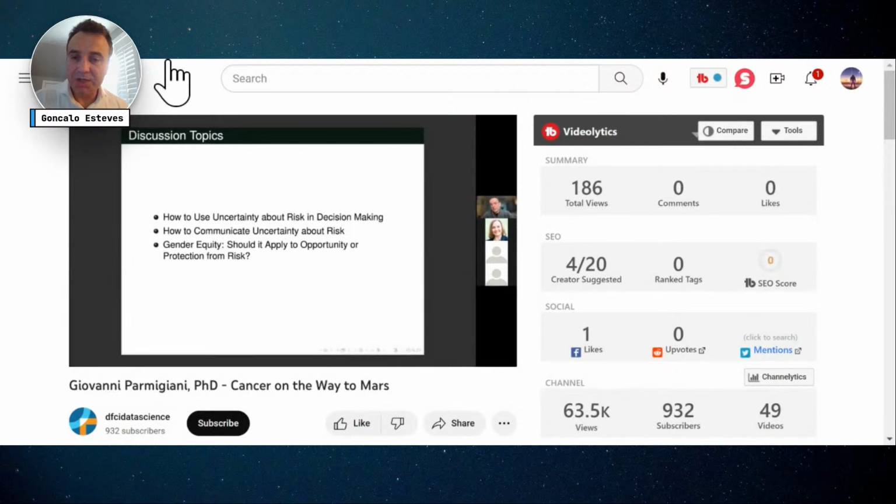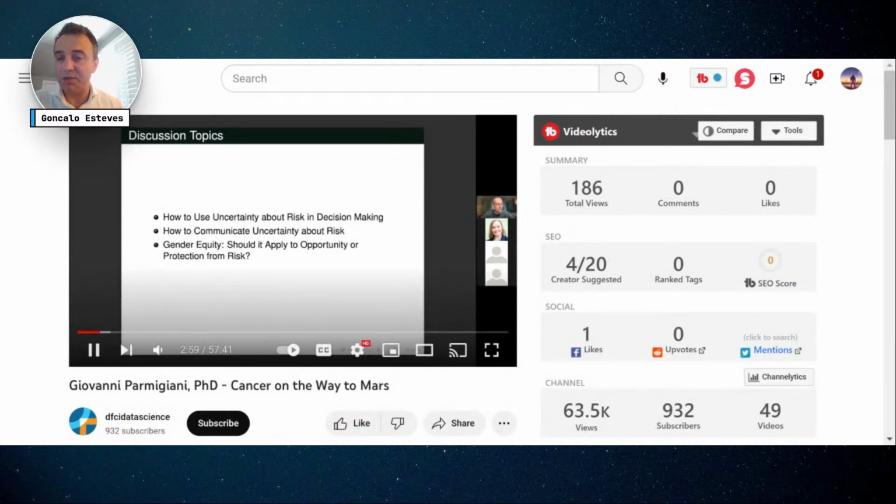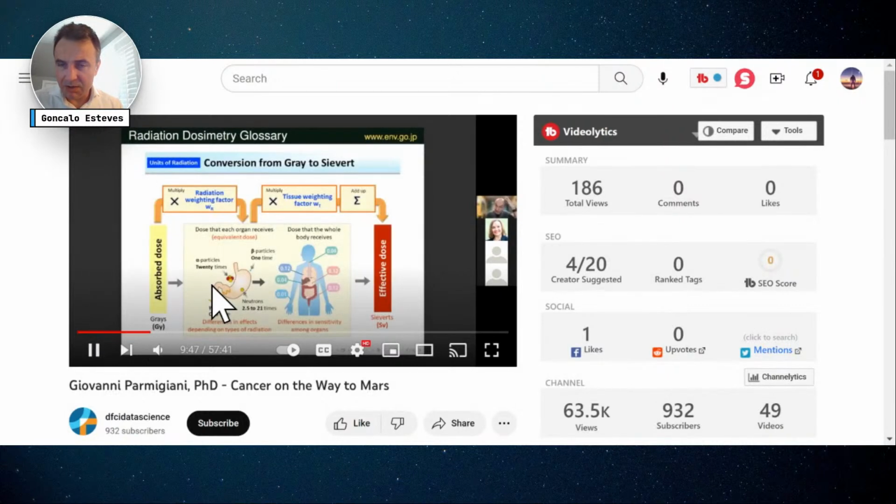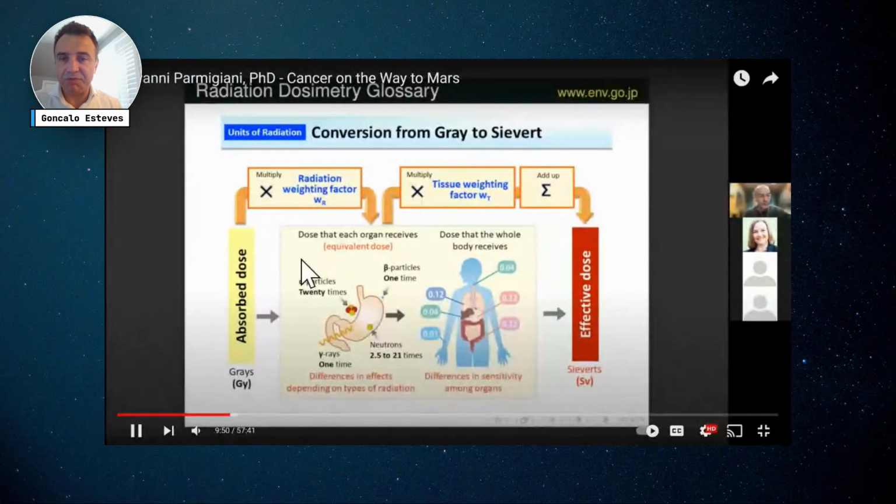A lot of the exercise, I'll put in here as well, as well as his lecture. It also has to do with risk. NASA does a quite thorough job of this and gives an overview of the multiple types of units of radiation.